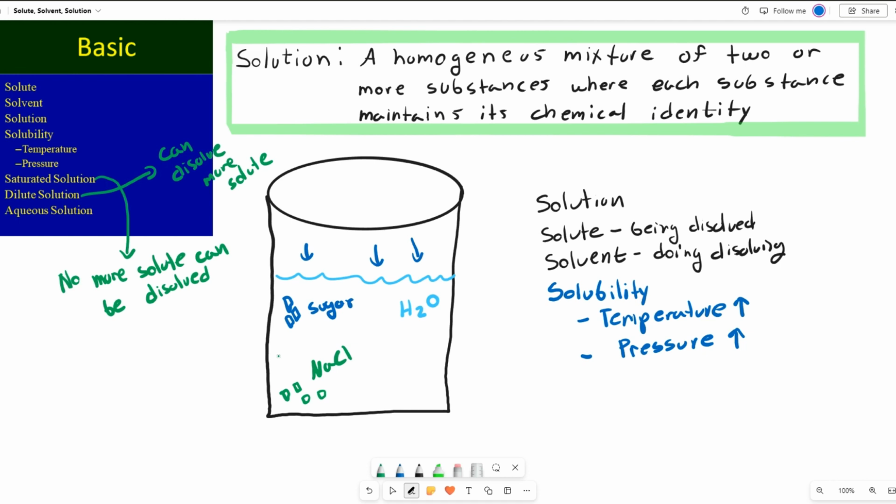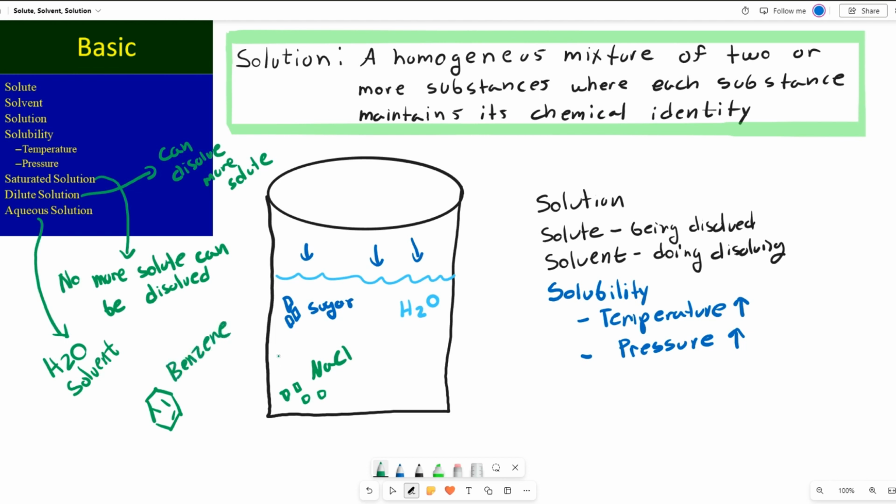The last important term that we want to take a look at is an aqueous solution. And in an aqueous solution, water is the solvent. So in most solutions that you're going to be working with, water is going to be the solvent. But there are cases, especially when you get into organic chemistry, where the solvent, the liquid that's dissolving the other components, is not water. A couple of examples of non-aqueous solutions could be if you have benzene as your solvent,